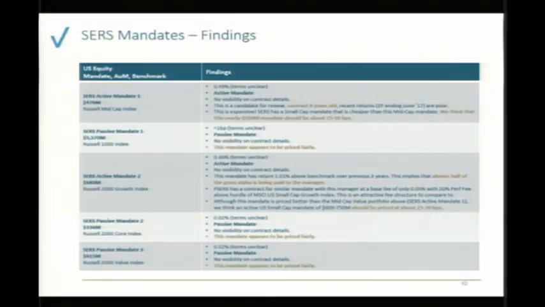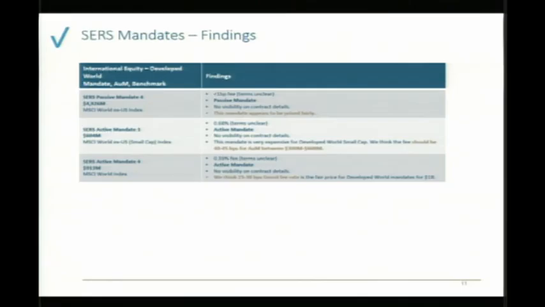We have another active mandate that we believe should be renegotiated. Almost half of the gross alpha has been paid to the manager, and we've had that discussion before. How much of the alpha could go to a manager or a partner, and how much of that would be justified? There's a general understanding that 20% is acceptable. However, in this case, it's been almost 50%, so we think that should definitely be renegotiated. There's 2 more passive mandates, both of them priced fairly.